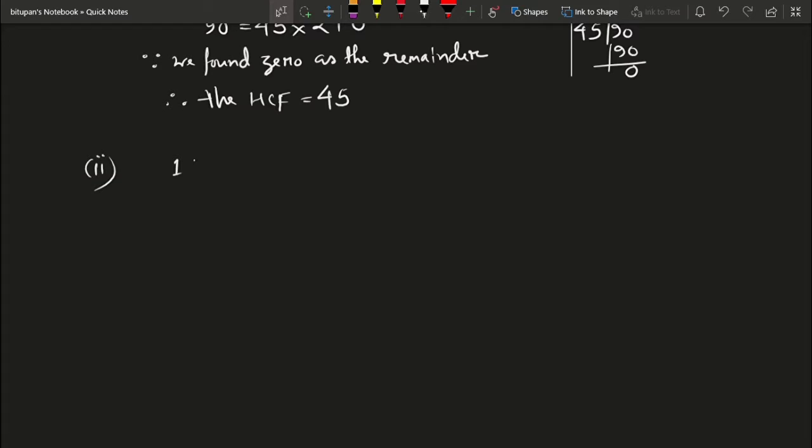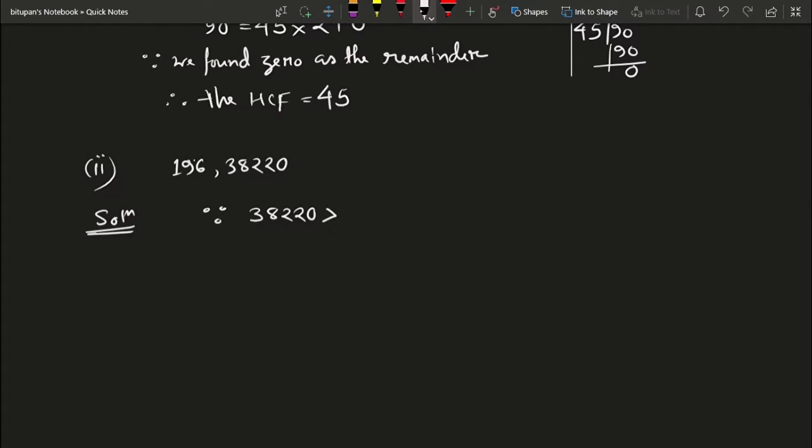Now let's move to our next question: 196 and 38220. Solution, let's get started. After comparison of the two numbers we found out that 38220 is bigger than 196. So since